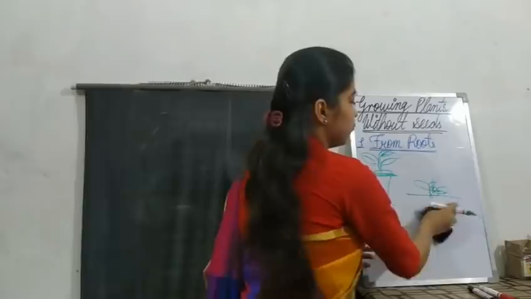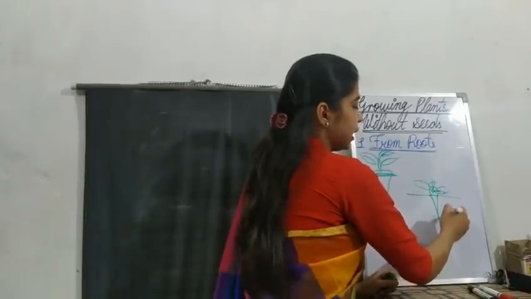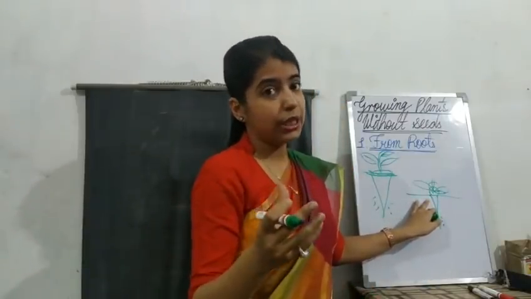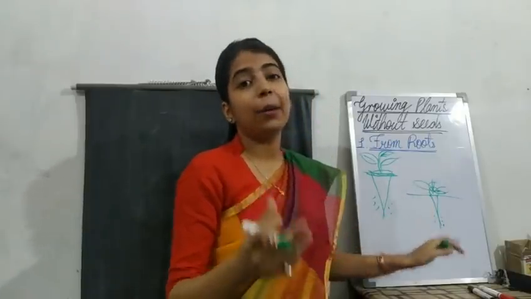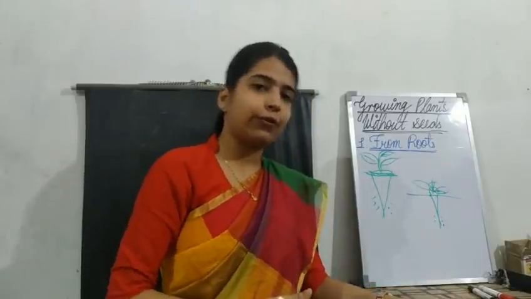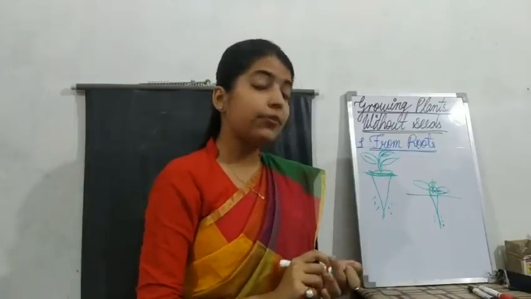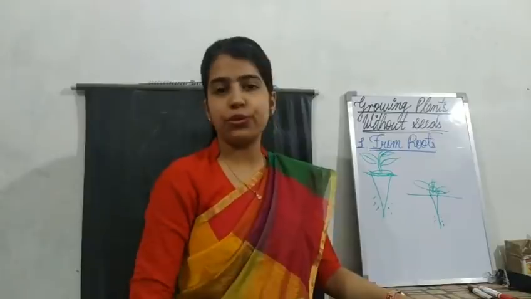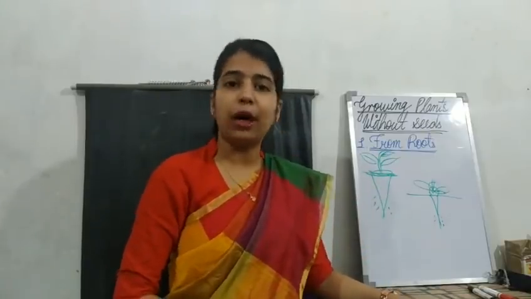If you put only the top portion, you will see that slowly the root, that is the vegetable that you eat, grows down. A complete carrot you will get using the leaves or the top portion. Is it clear to you all? Same is with the radish also. If you just cut the top portion and put it into the soil, you will get a complete vegetable coming out of it.